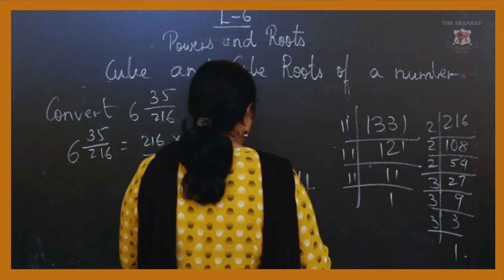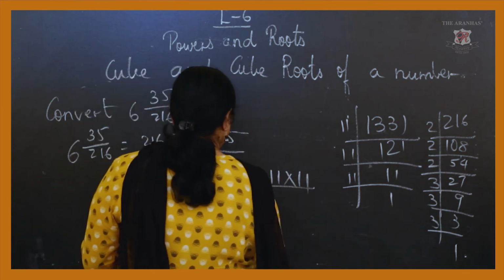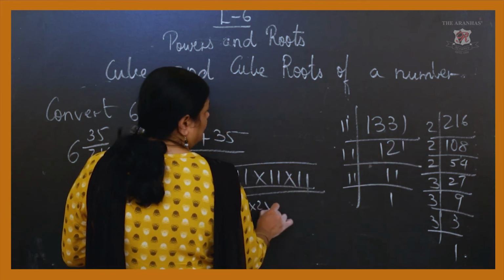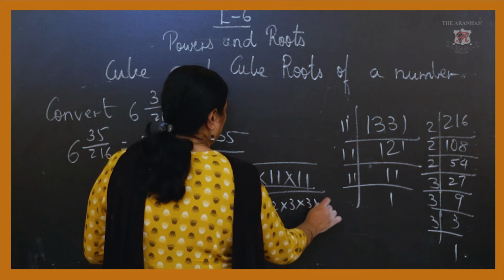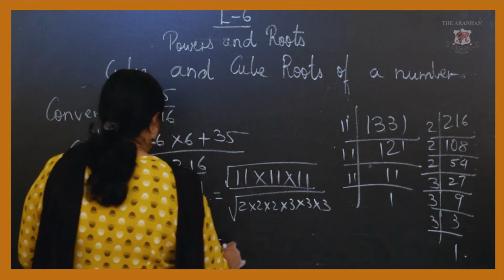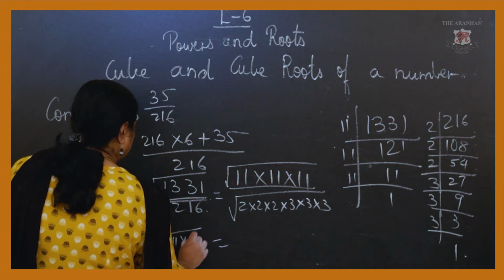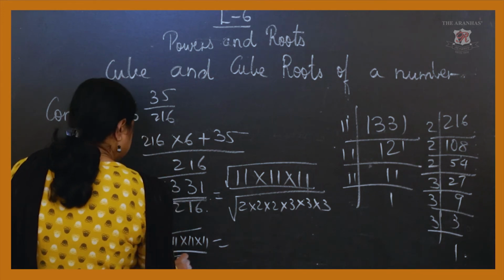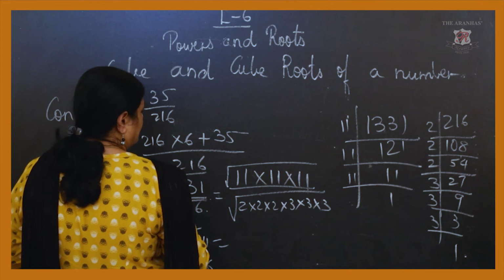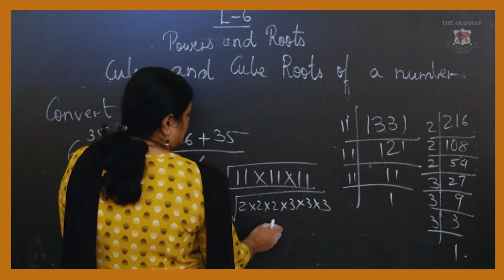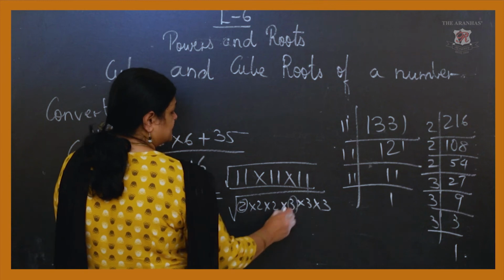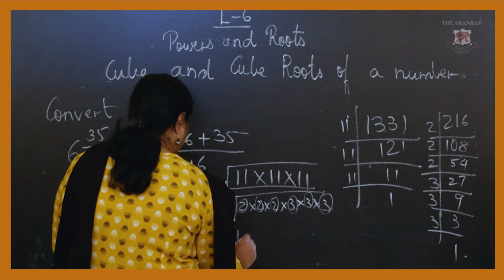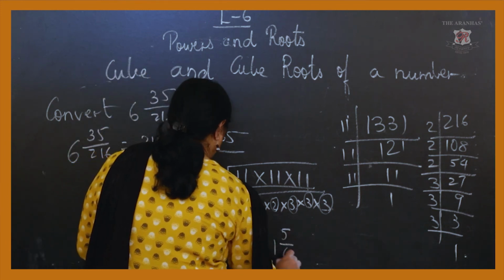Okay. So now here it will be what? Divided by, here you are taking root of what? 2 into 2 into 2 into 3 into 3 into 3, which will give you what? Root 11 into 11 into 11 upon root 6 into 6 into 6. You are taking this 2, this 3, this 2, this 3, this 2, this 3. So it is equal to what? 11 upon 6, that is equal to 1 and 5 upon 6.